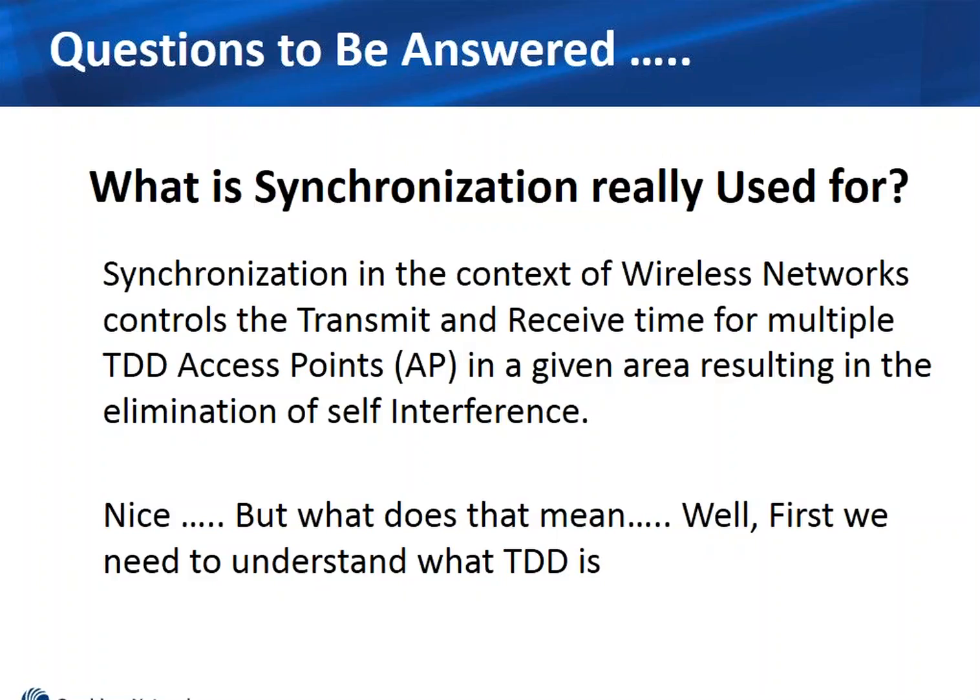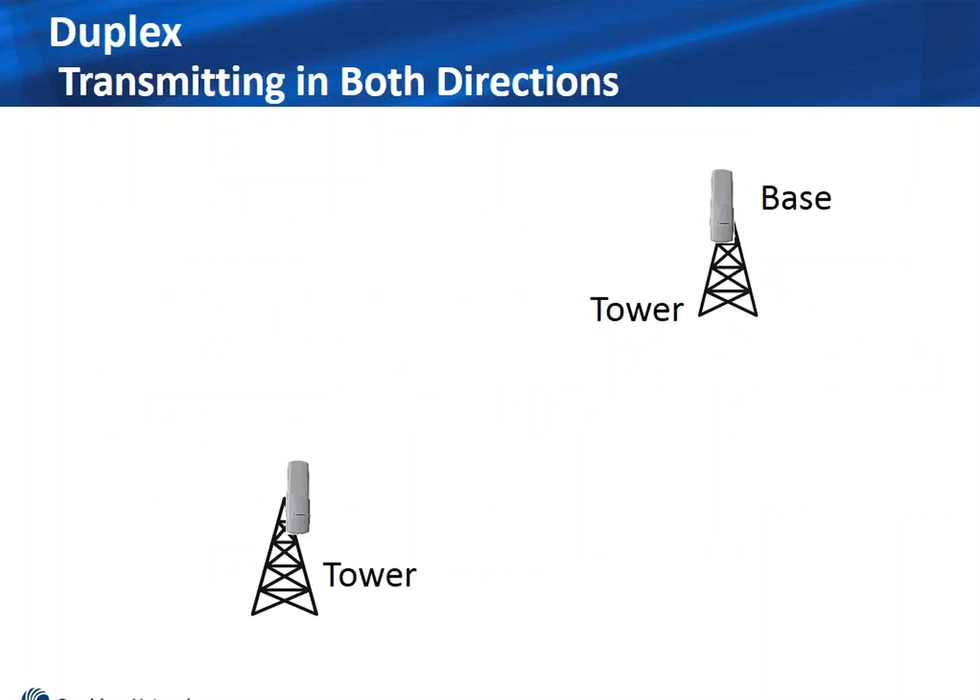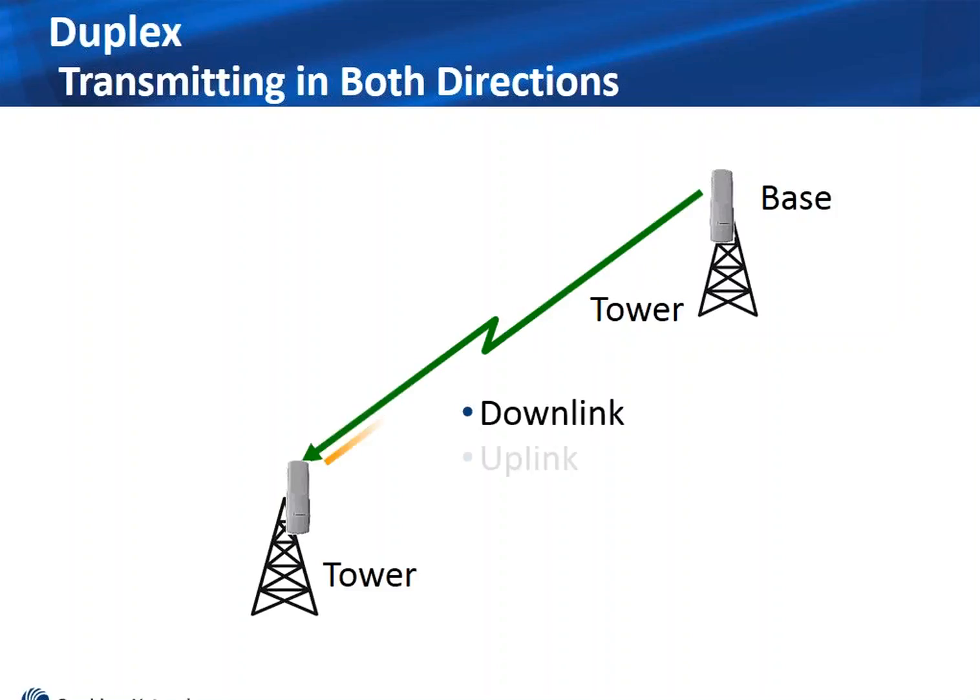What does it mean? We first need to understand what TDD is, time division duplex, and we'll speak to that with a couple of transition slides here. So first, understanding duplex here. We have two radios that talk to each other, and duplex at a high level basically means that it's transmitting in both directions. So if you click through the slide a little bit here, you see we have a downlink direction